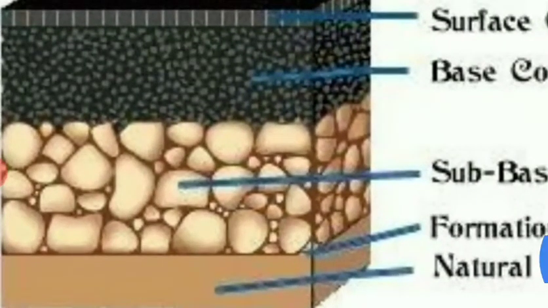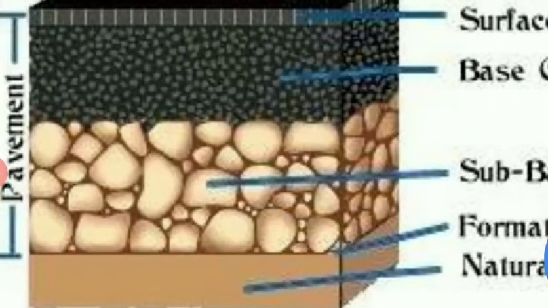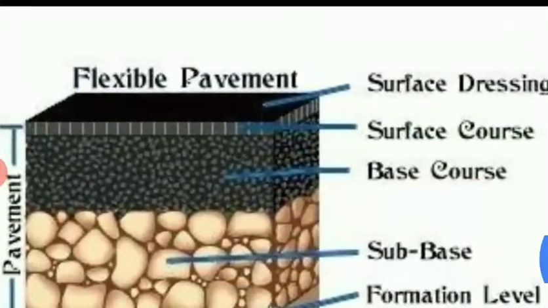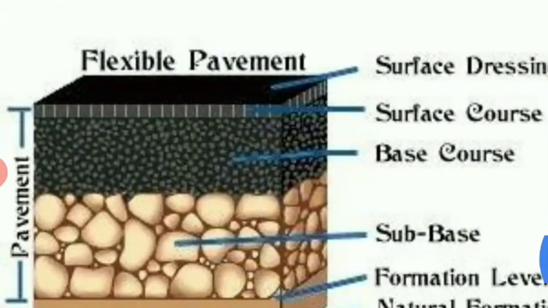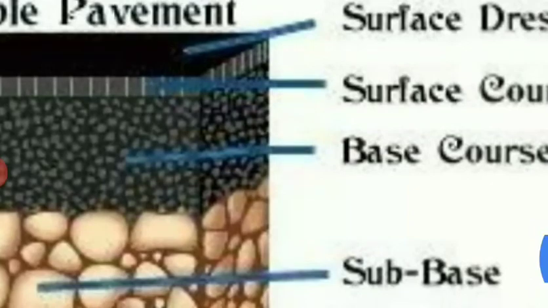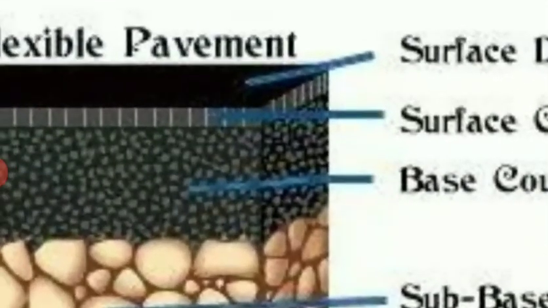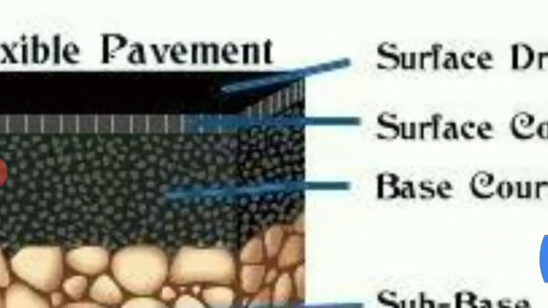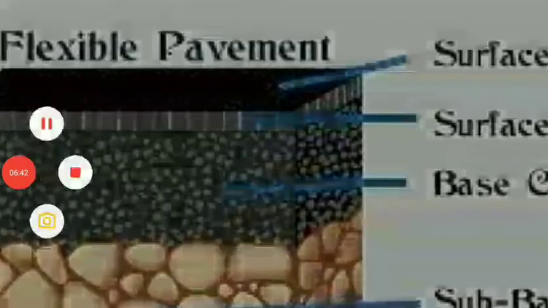Most of the load, I mean the resistance of the loading capacities, can be provided by this sub base. Then the base course will be there, and on top of that you can see the surface course and surface density, that is the leveling of this particular top surface, that is the surface course.